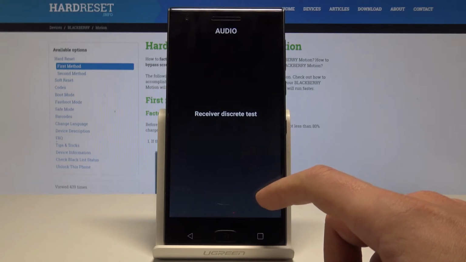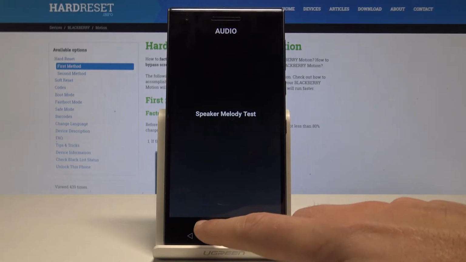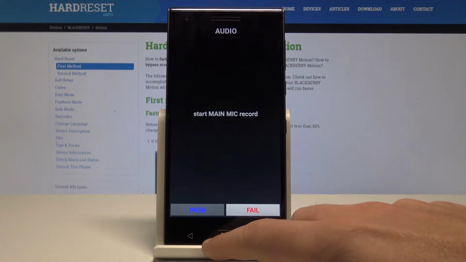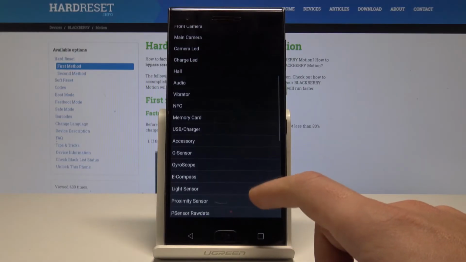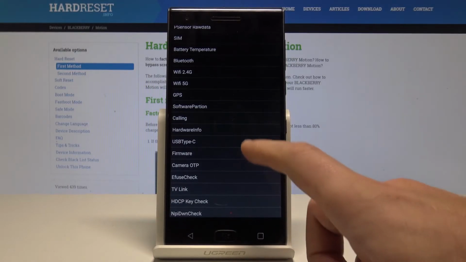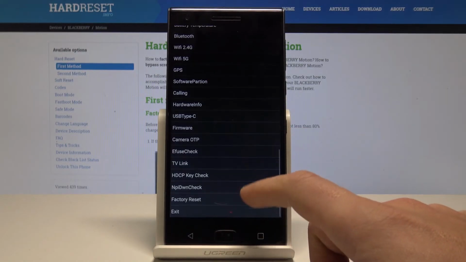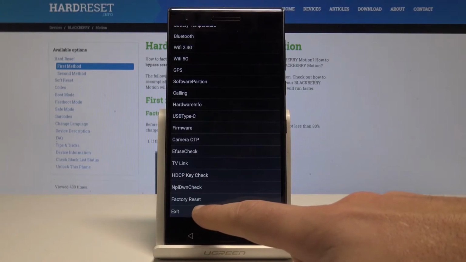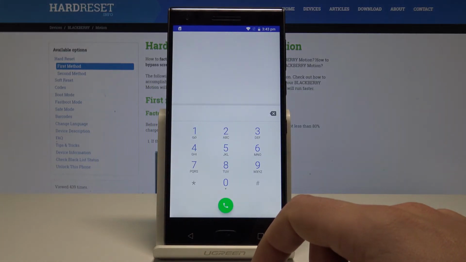audio, this is the discrete test, melody test. You can test also the microphone. Here you can also test the memory card, the light sensors, SIM, Bluetooth, Wi-Fi, hardware info. For example, let me use hardware info, and other stuff as well. Let's use back key or exit to quit this hardware test mode,